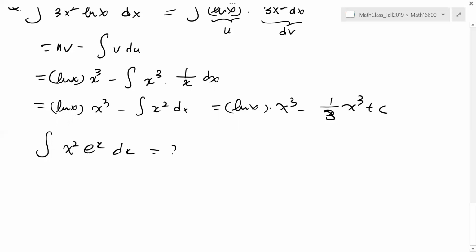All right, so the next problem. Find the length of the curve. The curve is given by